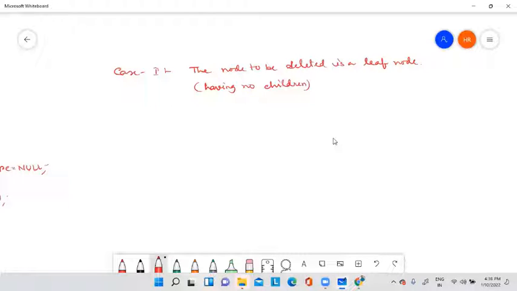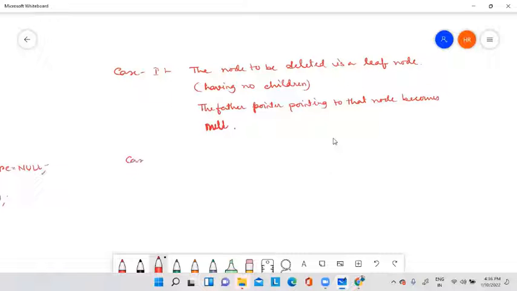Okay, the node that I will delete has no children, that is what I want to say. So it means it is a leaf node. Then what will I do, the father pointer pointing to that node becomes null. So this is the logic of case 1.